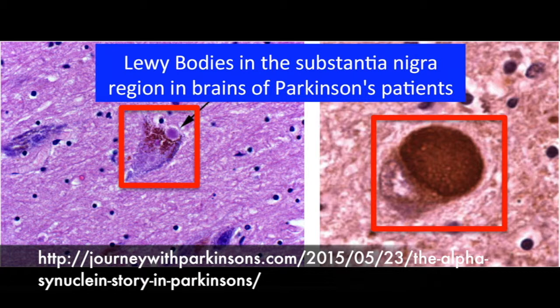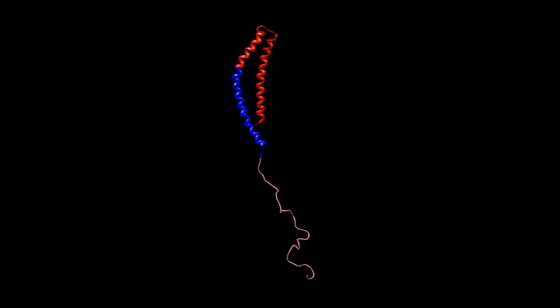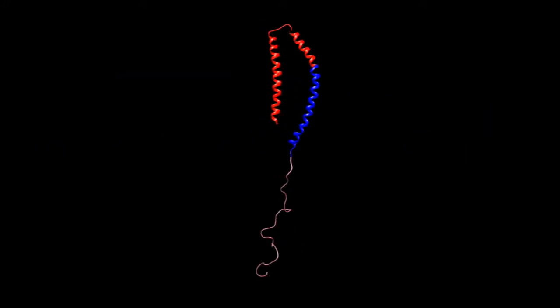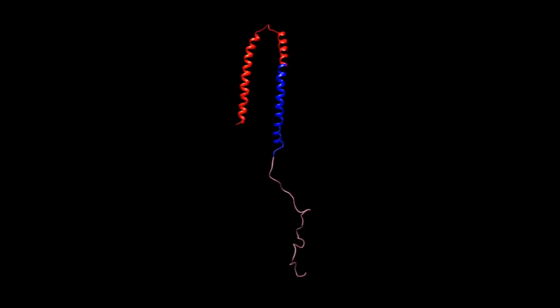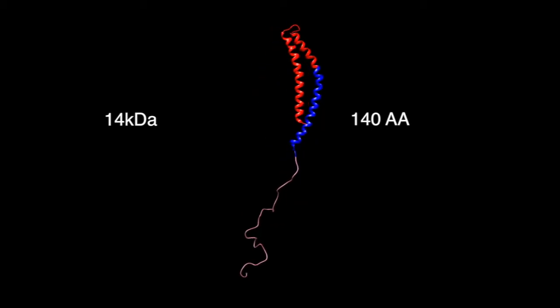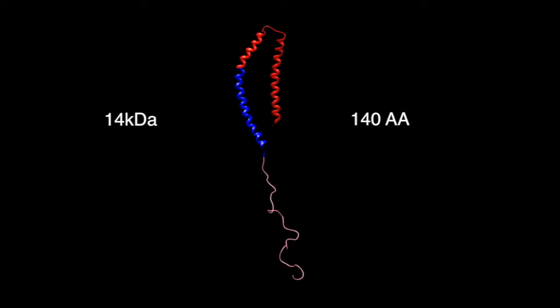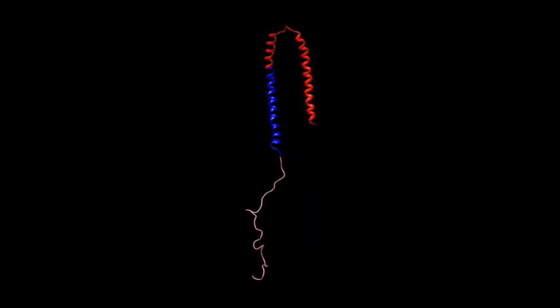Parkinson's is a degenerative disorder of the central nervous system that disrupts basic motor functions, resulting in tremors among other symptoms. We will highlight the structure of alpha-synuclein, discuss the mechanisms of aggregation of alpha-synuclein that contribute to Parkinson's, and conclude with current therapeutics. Alpha-synuclein is a 14 kilodalton protein that consists of 140 amino acid residues, of which residues